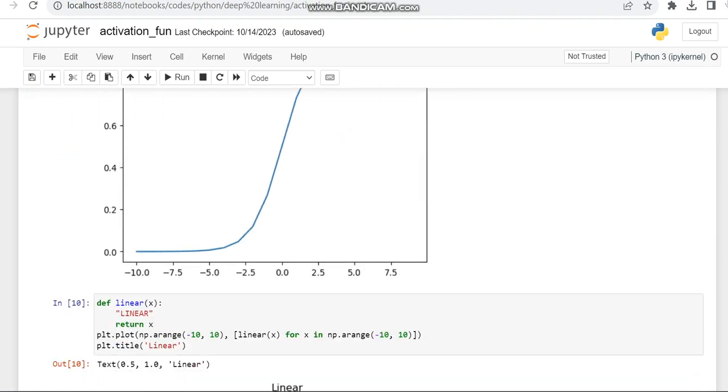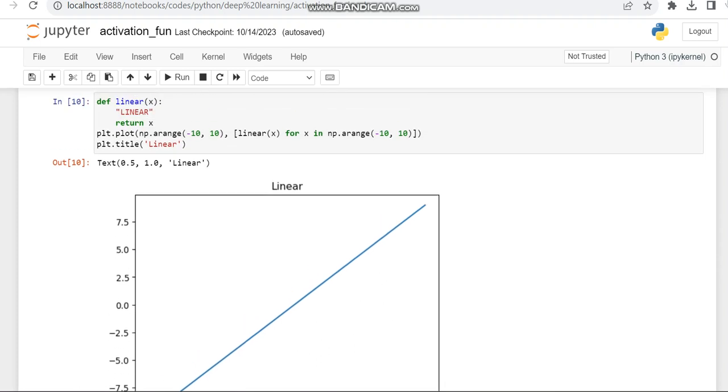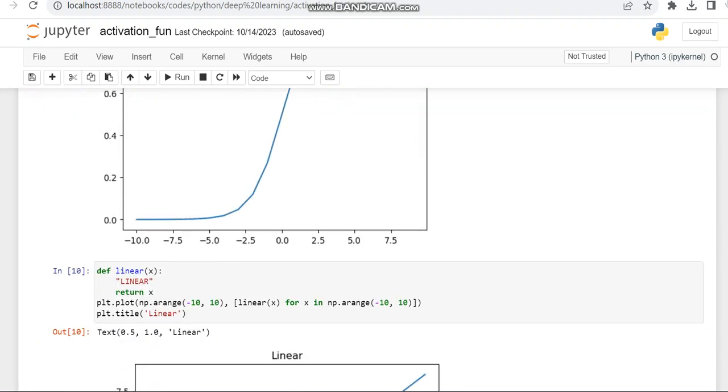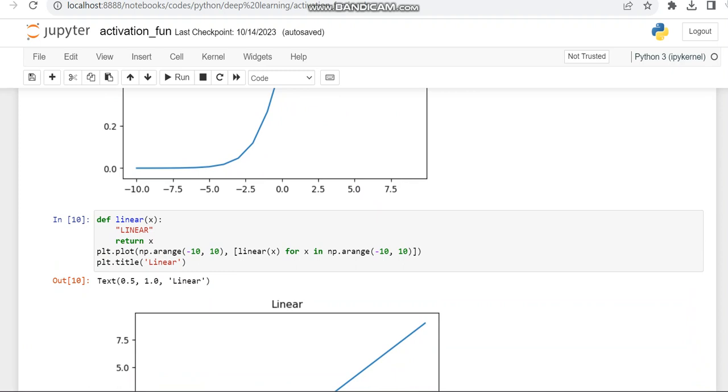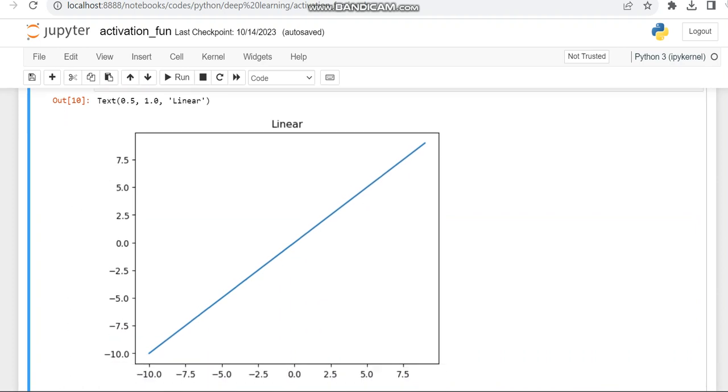We are also going to display the linear equation. The linear equation is simple, so we just return it and then call it in the graph. In the graph we call this definition and plot it, and the title we have given is linear. So this is the curve for linear. You can note the difference between the curvatures and curves for the different activation functions like linear, ReLU,